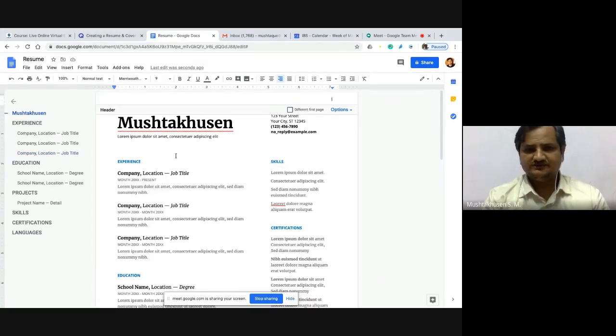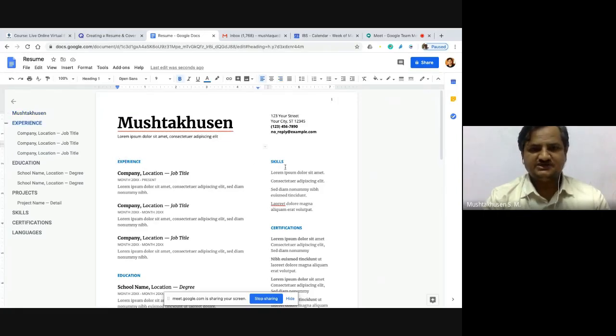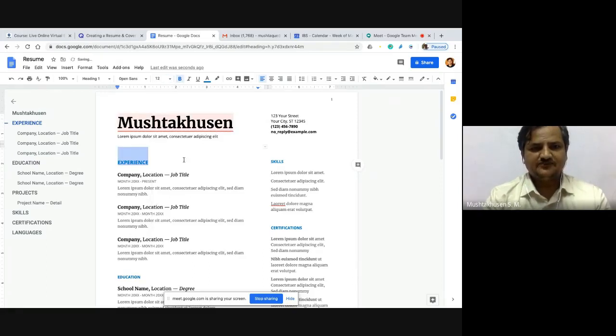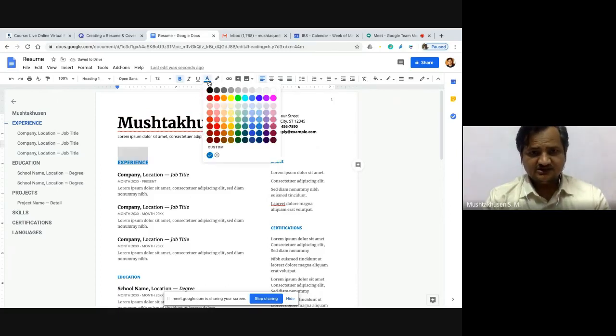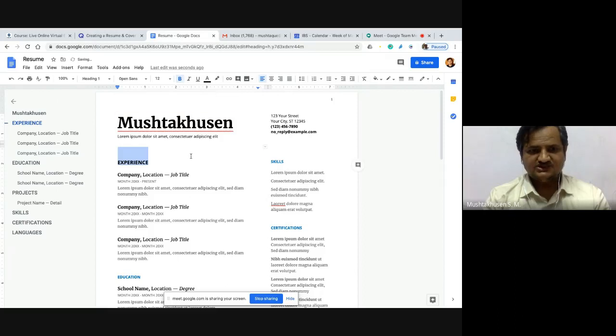Now one more thing, we have got some colors used over here like experience, then skills. Now these colors, this blue color can be replaced with black. So maybe you can select this entire document and you can go to, for example, click on to experience. Even if you look at this font point, it is very small, so maybe you can go for say 12. Then after that you can select the text color. You can go to black. So this is how we can select.